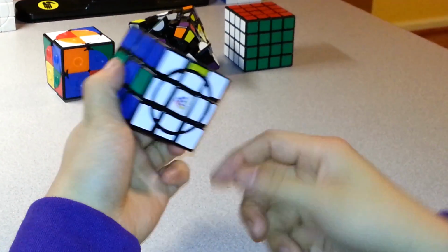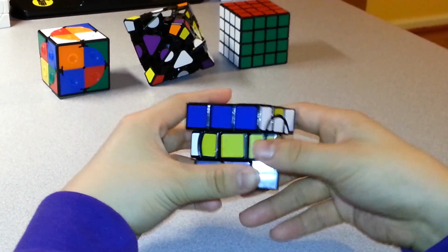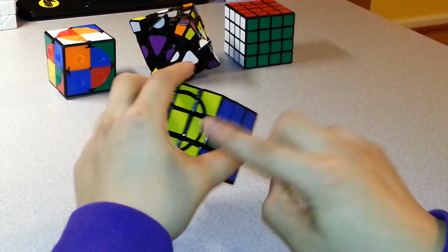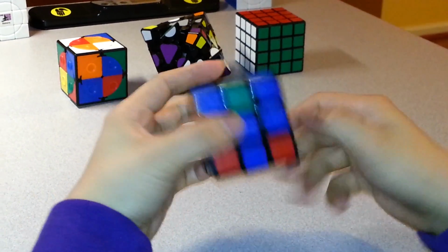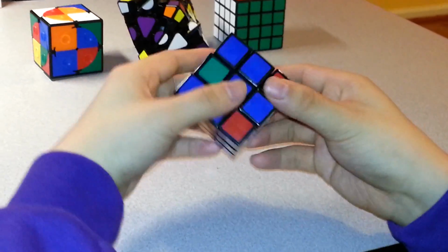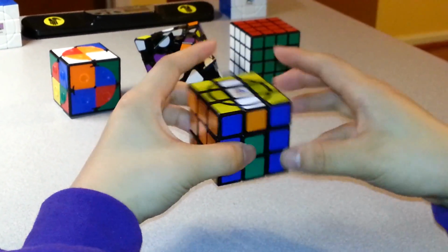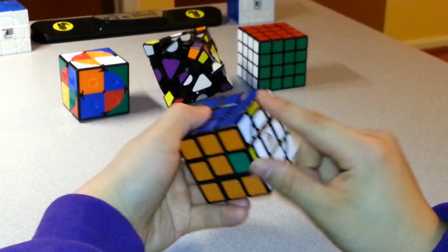So first I have to move down to the white side, and I'm going to use substitution again. But if I start like this, then no matter what I do, I will also always have at least one of these pieces coming back. So before I move this one down, I want to move this yellow and blue piece in the path of this edge piece that I'm going to turn, and I'm going to rotate that 180 degrees, then move this piece out of the way,